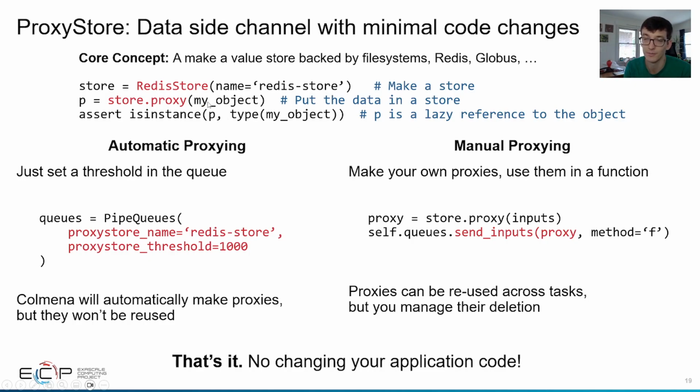And with this proxy, I did say it was a reference. It is referencing a copy of the data stored in a high-performance data transfer tool like Redis. And we do this in a way that these proxies can either be created automatically, which is great. You can use ProxyStore in your application by adding 2 lines of code, or you can do it manually, which allows you to have a little bit more control over whether, say, the same data is used on multiple tasks